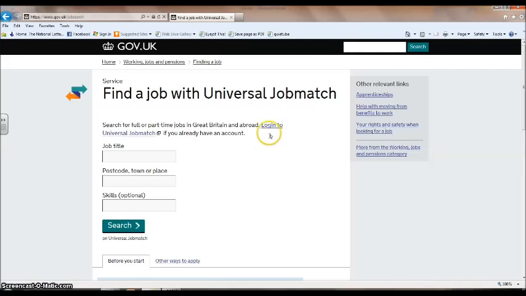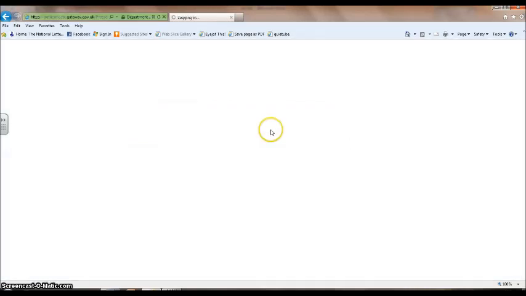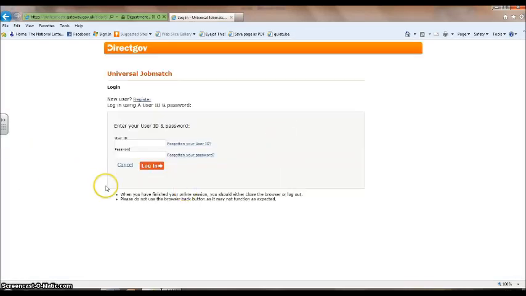At the next screen you need to log in, and this is where you'll need to have a copy of your Government Gateway ID number. If you remember, we looked at this yesterday, and it was very important that you had this. So where it says user ID, this is where you enter your number. So I'm going to quickly put my number in,